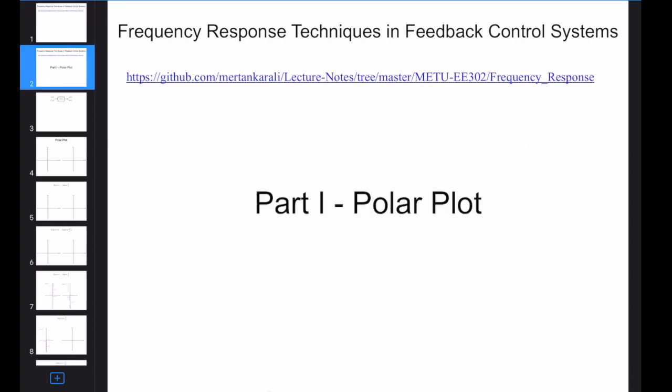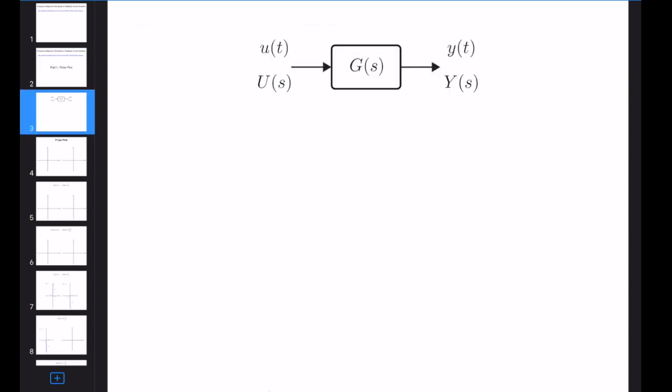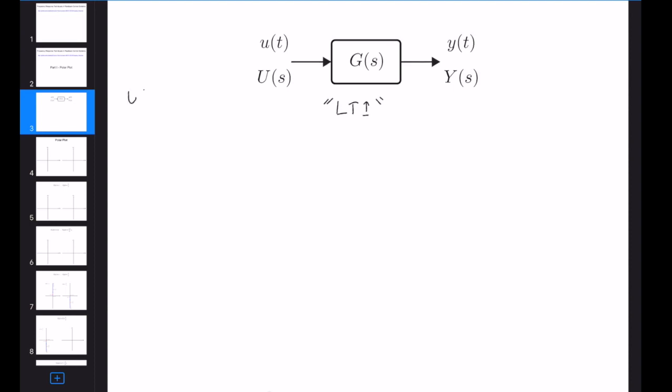Today's topic will concentrate on the polar plot, which is the fundamental part of the Nyquist plot that we will analyze. From your signals and systems courses, and partially from your circuit 2 course, you know something about frequency response. We assume that we have an LTI system, which is the most important assumption. In that case, we have a frequency separation rule. So what does it mean? Let's assume that our input is a complex periodic signal. It doesn't have to be complex, but it makes the analysis easier.